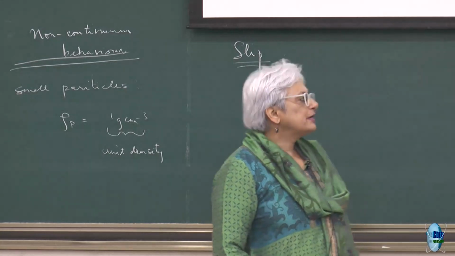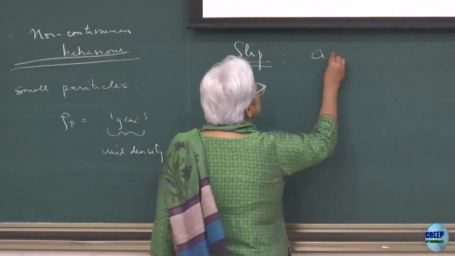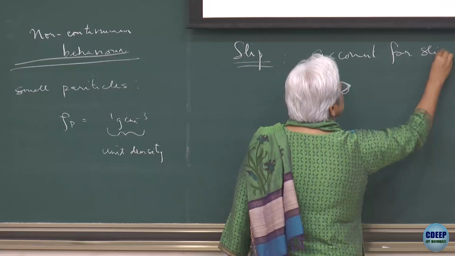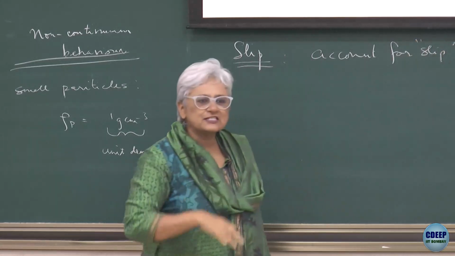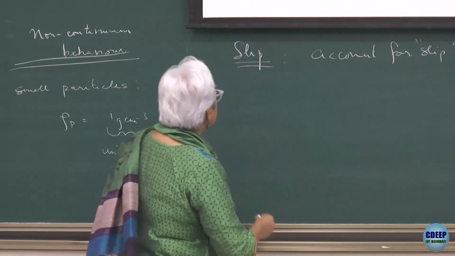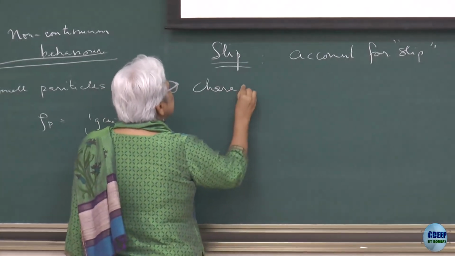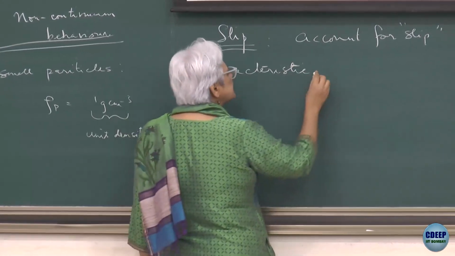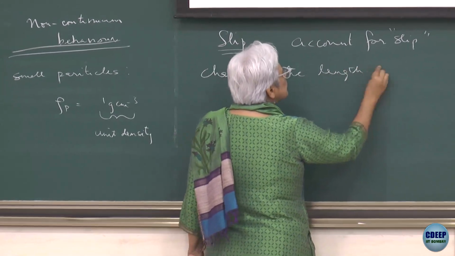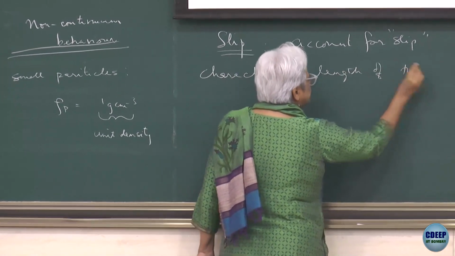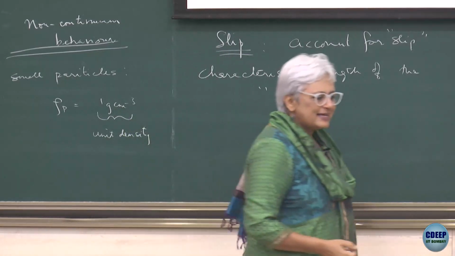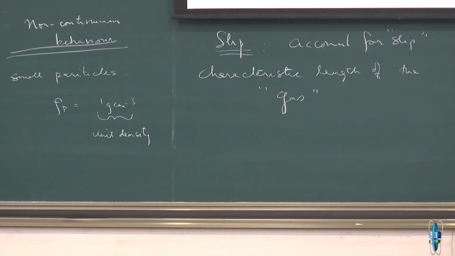Okay. So, in order to account for slip, and therefore its effect on drag, we have to understand a characteristic length of the suspending medium. In this case, the suspending medium is the gas. We will call it gas suspending medium, and so I guess we can just maybe finish the whole continuum thing